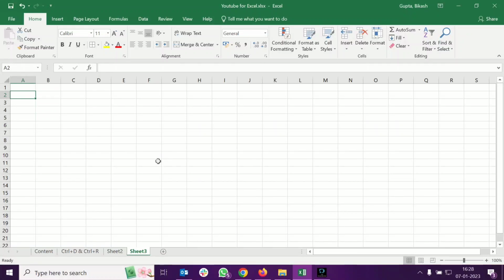Hi guys, in this video you will learn about Ctrl+D and Ctrl+R shortcut keys, which basically stand for control down and control right. Ctrl+D stands for down, Ctrl+R represents right. In order to explain that, I'm going to make some entries here, like country names, for example,